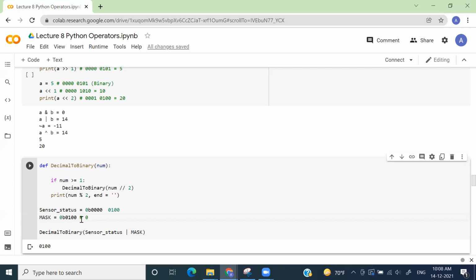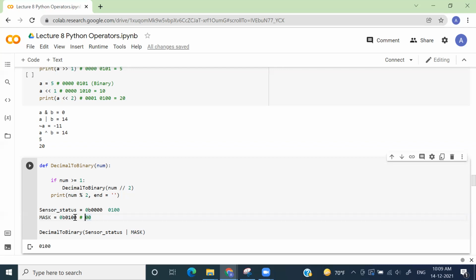Okay. So what the bitwise OR operator says is that if any of the bits is 1, then your result will be 1. So 0 or 0 is 0, then 0 or 0, again it is 0. Now 0 or 1, what would it be? Come on, you have to tell this. It will perform 0 or 1.